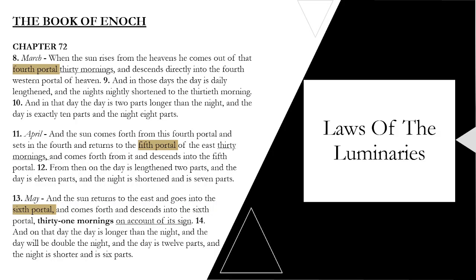So in May, by the time you get to the 31st day, you are shifting from the spring season and you're going into the summer season. So there's an intercalary day there letting you know that there is a change in season about to take place. And you will see this again.